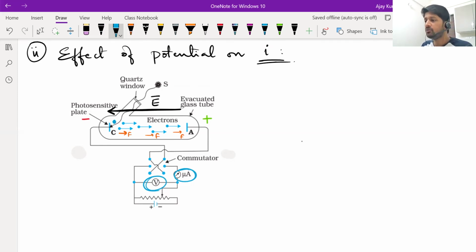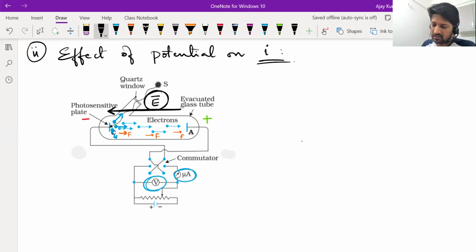they don't have to come out in one direction only. They don't have to have a velocity in the same direction. Different electrons can have velocities in different directions. One electron may come out of the metal surface in this direction. Some of them may be moving directly towards A also. So when you create an electric field like this, what happens is you will force the electrons to turn towards the collector plate. The electrons which are emitted in random directions will be forced to move towards the collector.